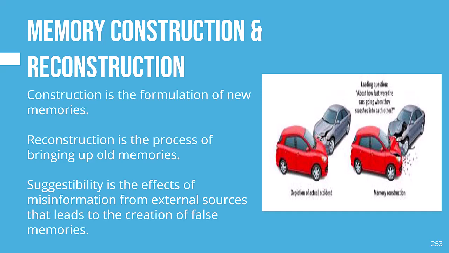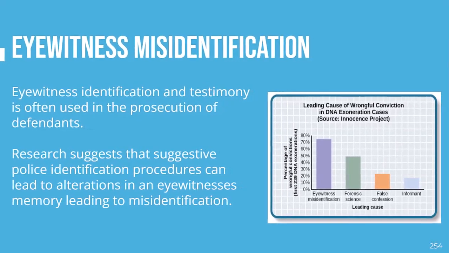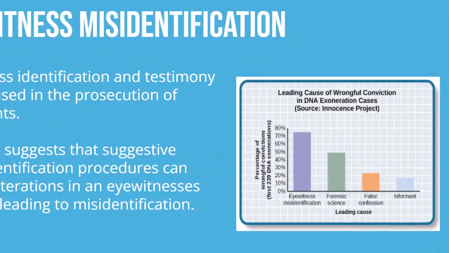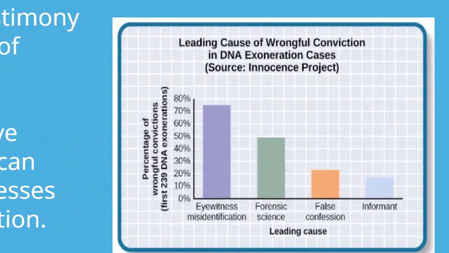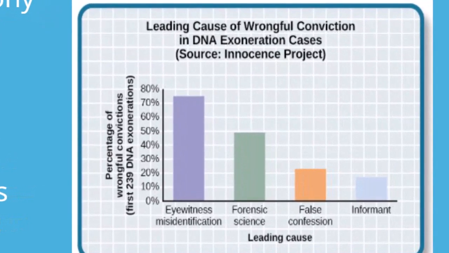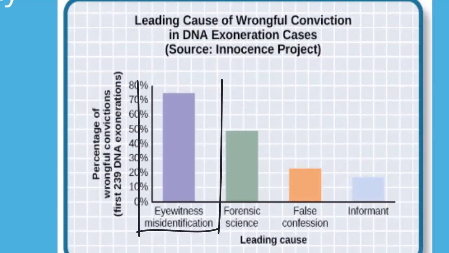An important area of study has been the role of suggestibility in eyewitness testimonies. Eyewitness testimonies are no longer considered the best type of testimony. Most experts agree that a number of factors can influence eyewitness accounts. Since law enforcement has had the ability to conduct DNA testing, a number of incarcerated people were found to be wrongfully convicted for a crime they did not commit. According to the Innocence Project, the leading cause of wrongful conviction was eyewitness misidentification.